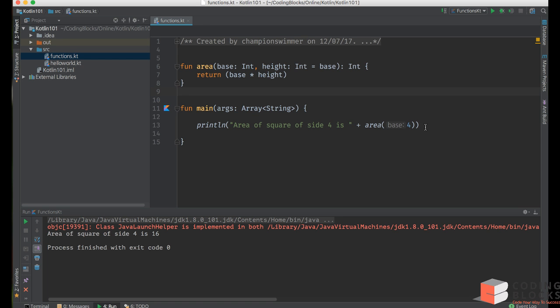Now let us do two things. Println area of rect 3 cross 4 is. We cannot use the function types here. Have to use a plus, area 3 comma 4. If we run this,